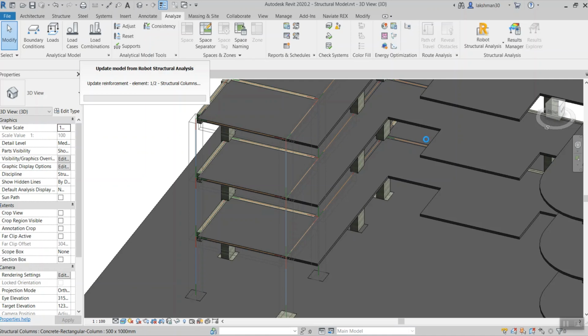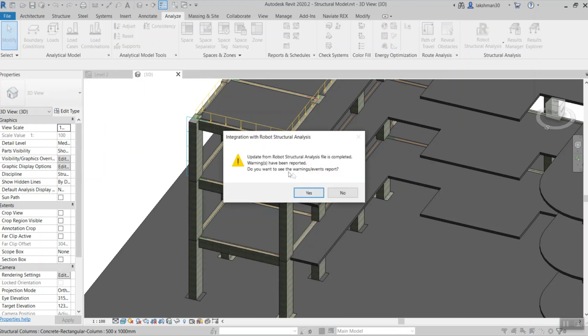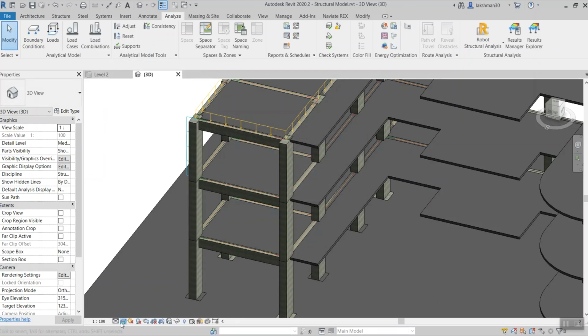Now you can see how the workflow is simple and easy. A design guy is going to do only his design job, and a modeler guy is going to do only his detailing and model. Both are not going to waste their time. A design guy will not be modeling the things again and taking so much time, so the work will be completed easily and fast. Can you see the reinforcements have been applied? Yes. Now I will keep it as wireframe. Can you see here?